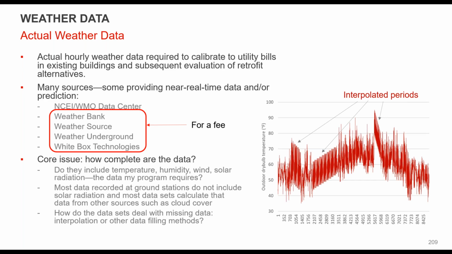So this might be a situation where we've got missing data and some interpolation has to be done. You see, it makes the data a little odd. The good news is recent data is actually pretty complete. It's older data sets. You get back in the 60s, 70s, and before, and you're going to find missing periods, and so there is an issue there.